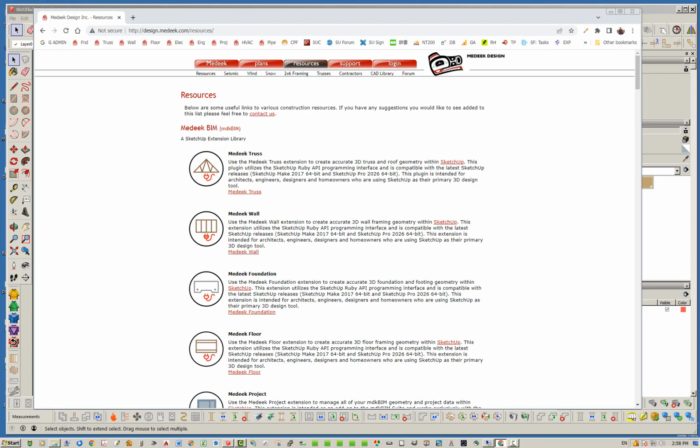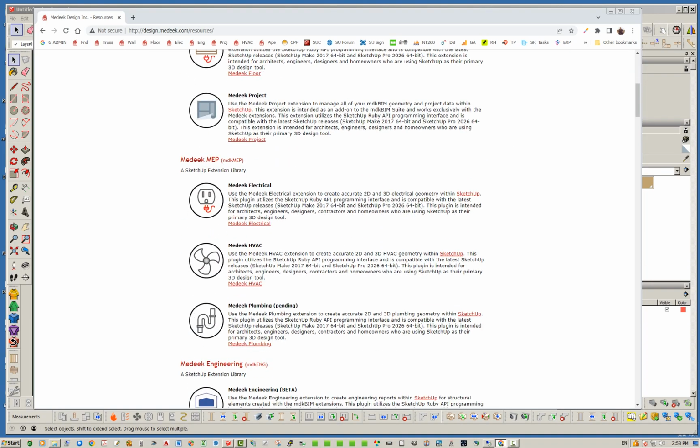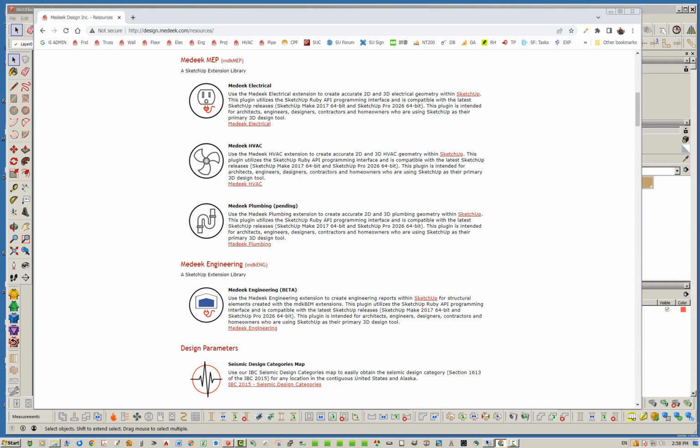And you'll notice with the Resources tab, all the extensions are listed here, starting with the Medeek BIM bundle, which is 5 extensions. I'm sure most of you guys are aware of these. And then below that, you have the MET bundle with the plumbing still pending. And then just right below that, we now have the Medeek Engineering extension,